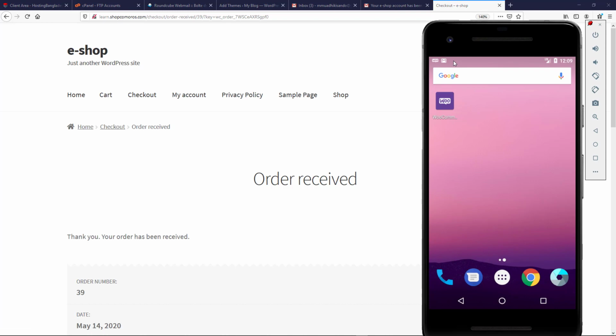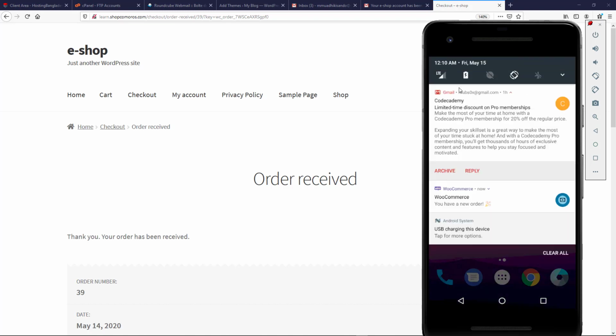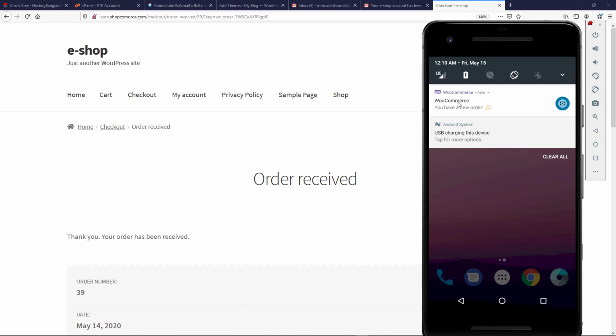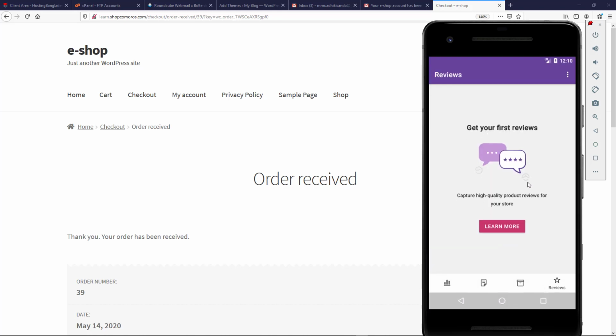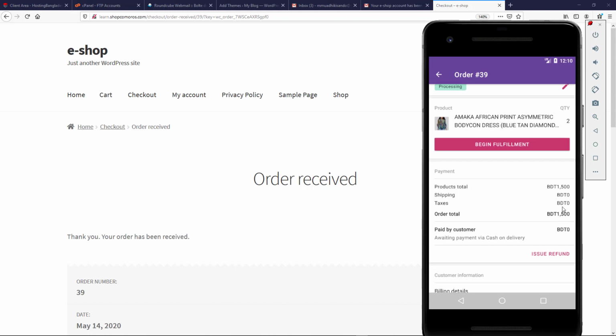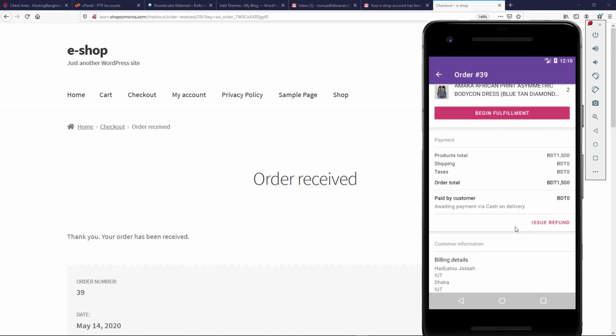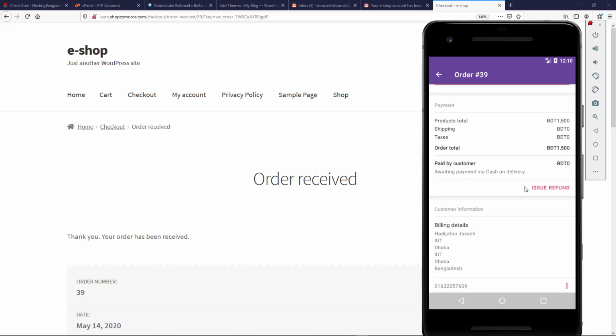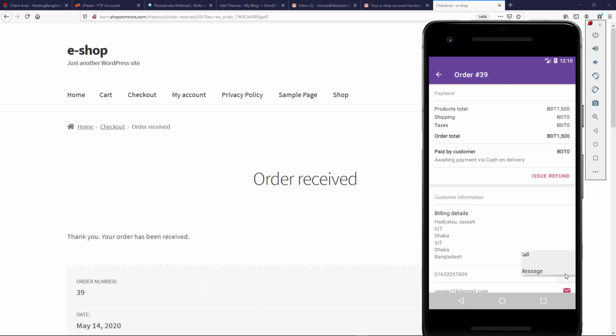We'll hear a tone, and then you'll be able to see the notification on our mobile phone. You can see that the WooCommerce order has been placed, and within the app we'll see what has been bought, and you can even contact this customer immediately when you receive the order,